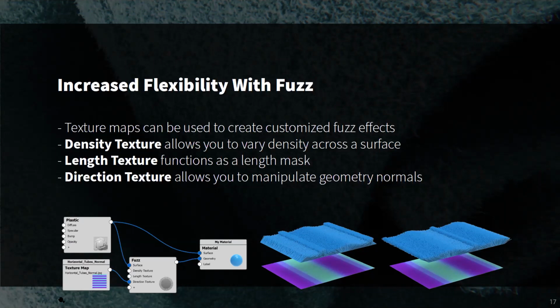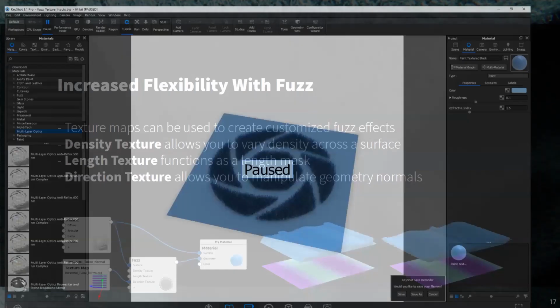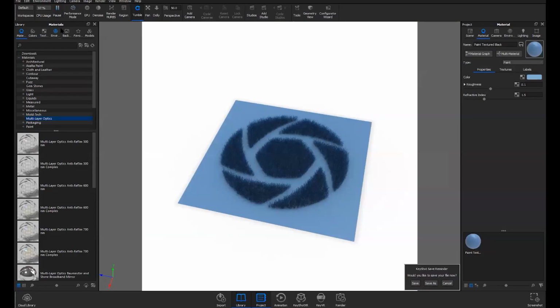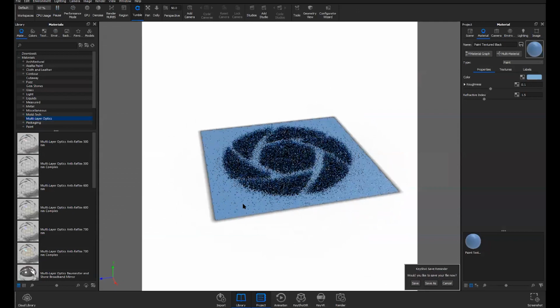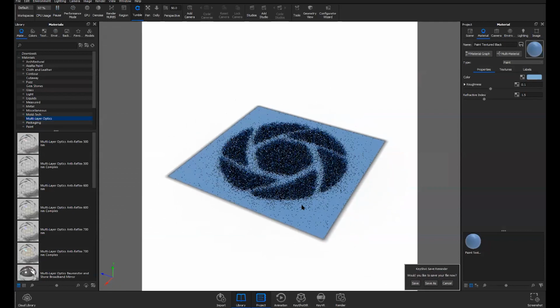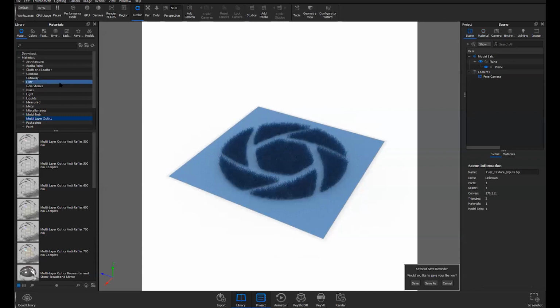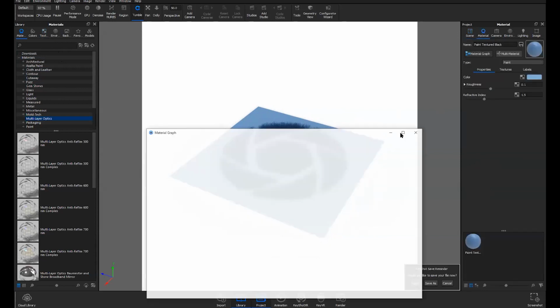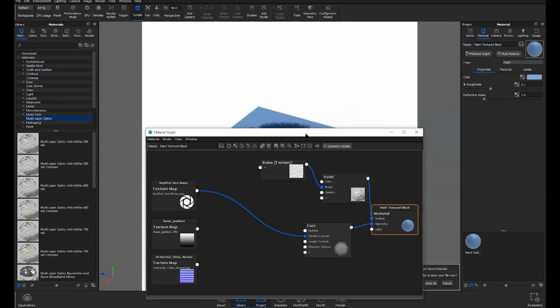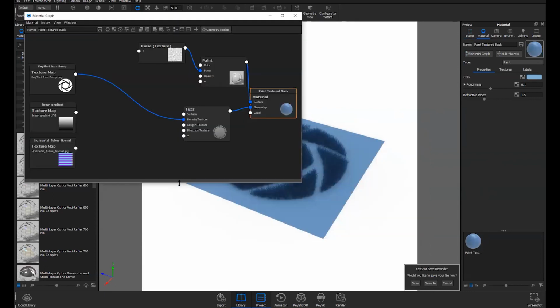Let me jump in and show you how to control those texture inputs very quickly here. Again, if you were in there for our Fuzz webinar, this will be a familiar sight to you. Basically, all I've done here is I've taken a plane and applied fuzz to it. And in this case, I used a label from our textures tab to create this KeyShot logo. And let me open up the material graph so you can take a peek at what's going on here. Let me stretch this out and